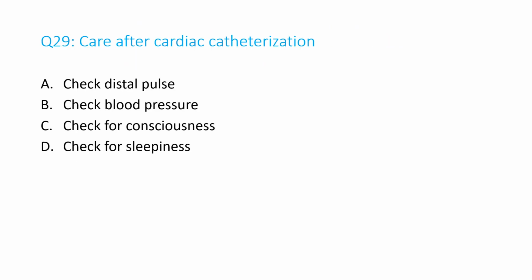Number 29. Care after cardiac catheterization. A. Check distal pulse, B. Check blood pressure, C. Check consciousness, D. Check for sleepiness. And the answer is